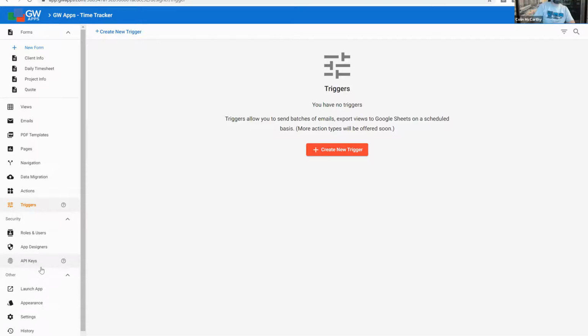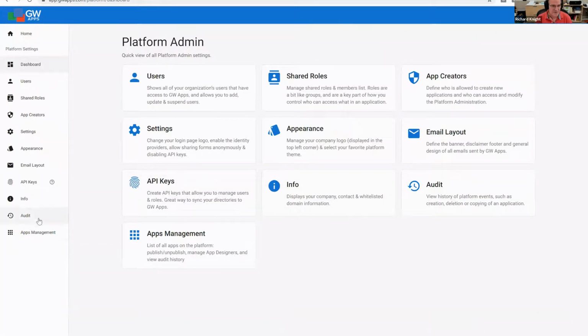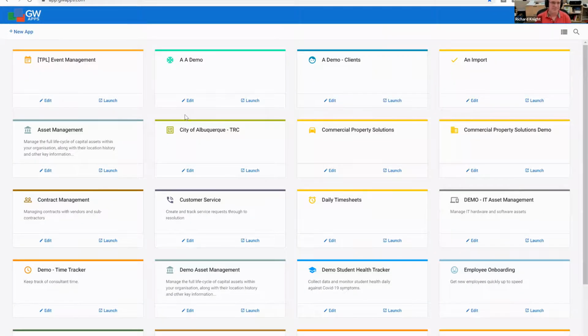Alex has got a question there. I was wondering about version control and notifications, if there are notifications inherent for editing documents or changes made. Yep. Okay. So for all of the apps, we've got several layers of auditing. At the platform level, it records anytime anybody deletes an app or does something the platform would care about. And then for every single app,